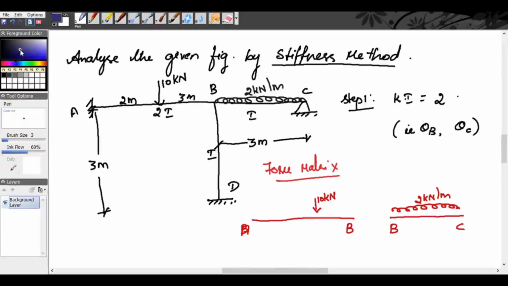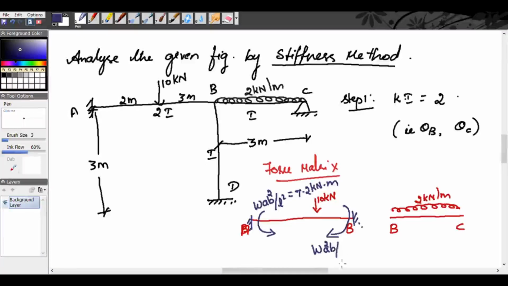The fixed end moments are, since it is a concentrated load, we know the fixed end moment at A will be minus, that is anti-clockwise, W a b squared by L squared. When we substitute, 10 into a is 2, b is 3 meters and L is 5 meters, we get 7.2 kilonewton meter. And at the end B, the fixed end moment will be clockwise positive, and the value is